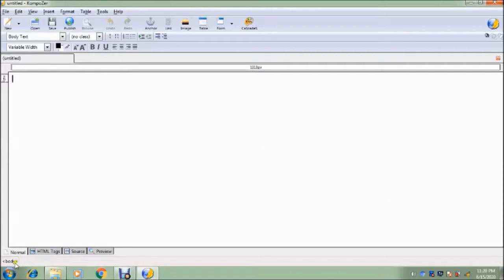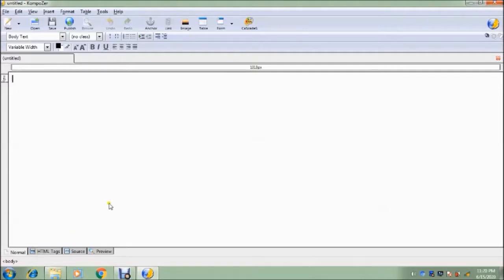At the bottom here it is written as a body tag, which is known as the status bar, and here you can see different tabs: normal, HTML tag, source and preview. These are known as the edit mode toolbar. Okay, this is, you can say, the overview of your Composer screen.